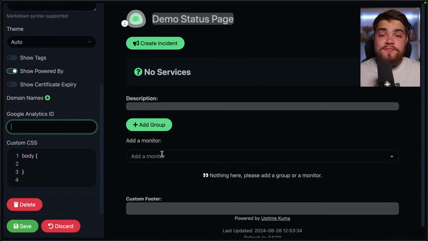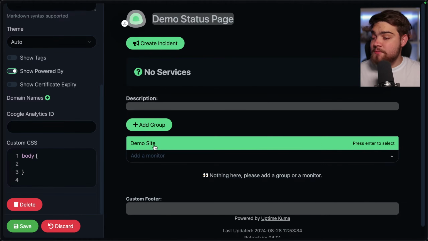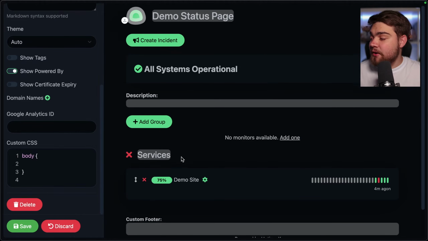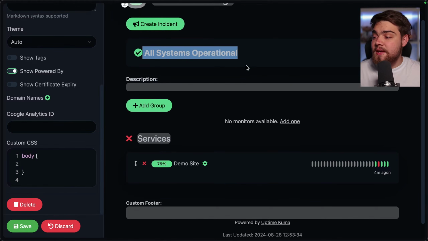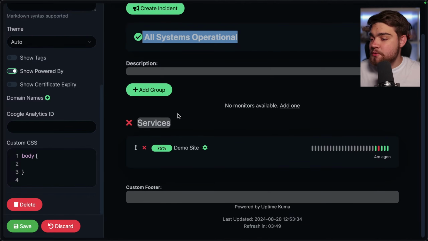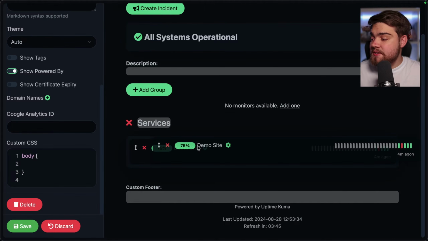With all of this set up though, we need to add in some monitors. Now you can have multiple monitors to a status page, but for us, as we only had one monitor, we're going to go ahead here and click add monitor and then just add our demo site. And you'll see at the top, it's going to say all systems operational, as this is essentially our website builder. This is what it's going to look like to an end facing user, obviously without some of these options here. And you'll see this is essentially what it's going to look like for the demo site monitor here as well,